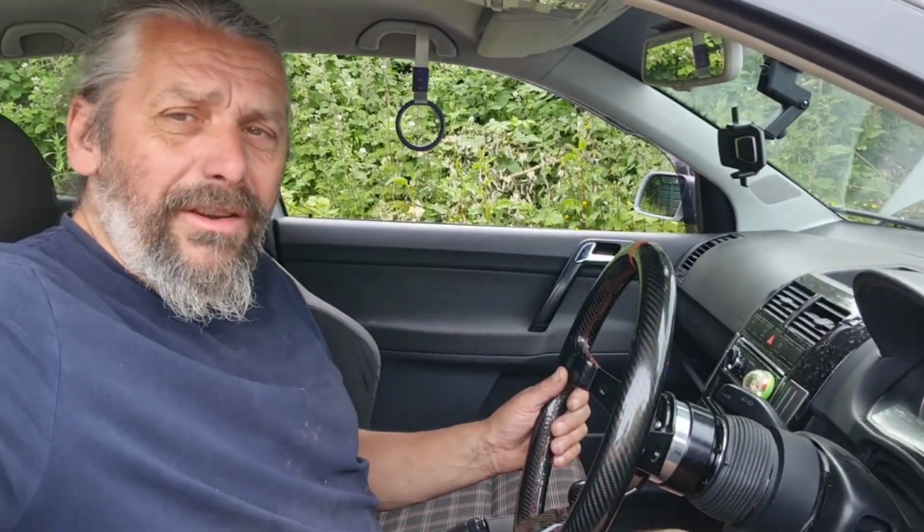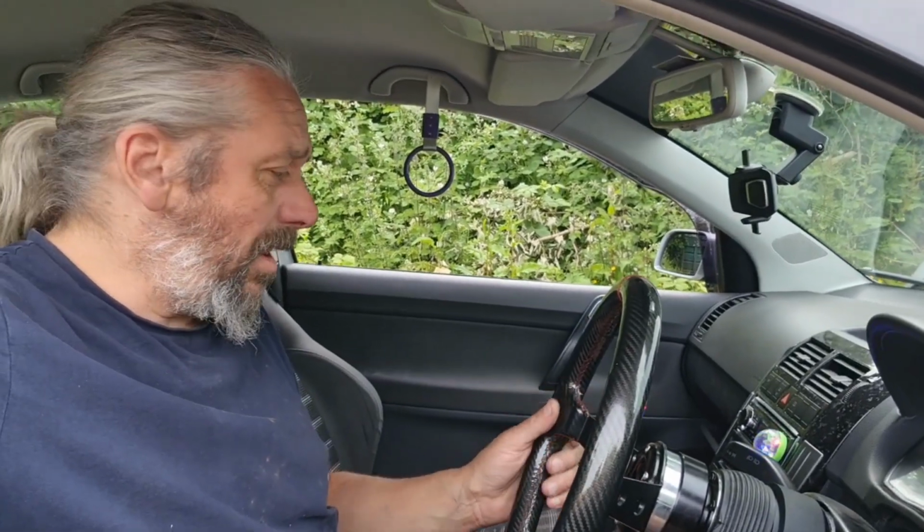So besides the steering wheel, which is far too close to my face, most of this looks standard. And that really is too far. Look, that's too far. What am I talking about? Too close. That's too...